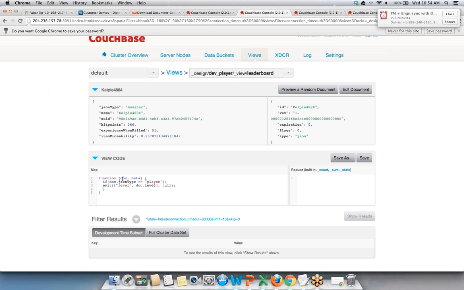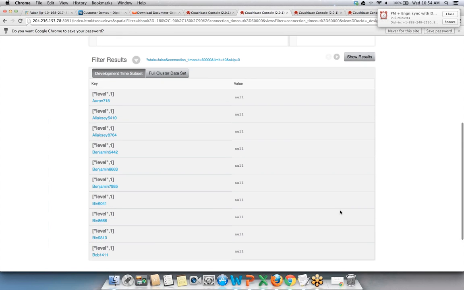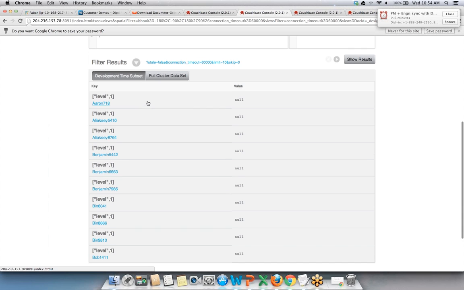Let's put the function here. What this function does is it takes the document and the meta information. Since we want to find out which player is winning, we check the condition if the JSON type is player, and we emit the level. So when you hit save and click on show results, in the development subset,